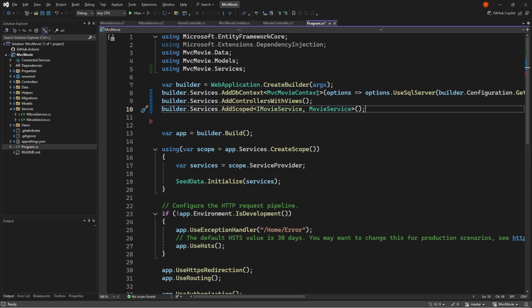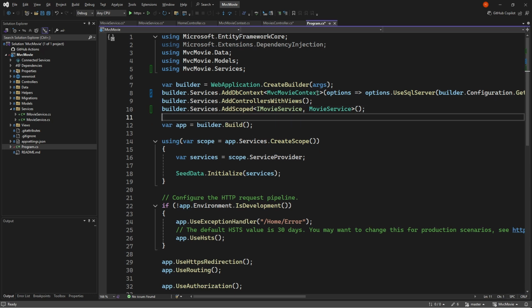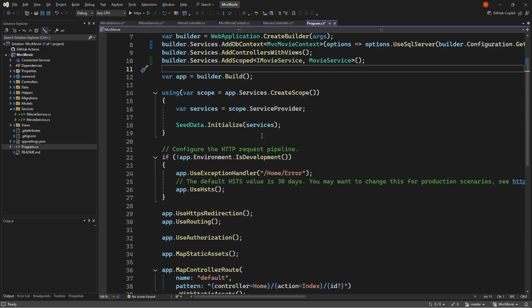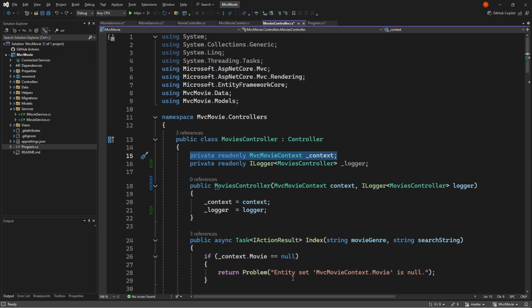Then we're going to bind, actually that is it. So we're building, and then we're done with this part. Now we can incorporate our interface onto our movie controller, and as we go forward, you're going to notice that